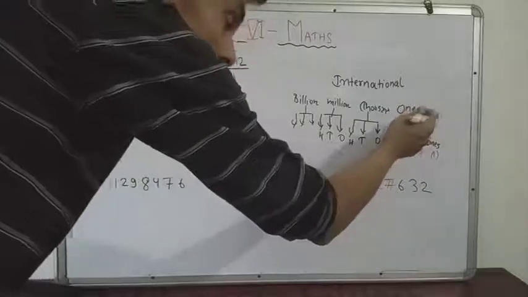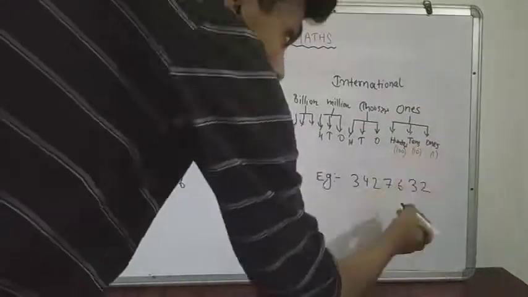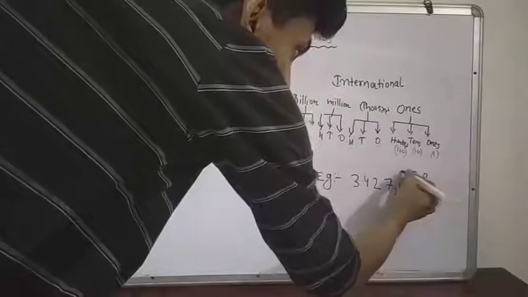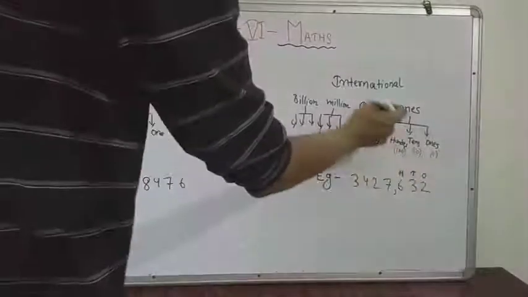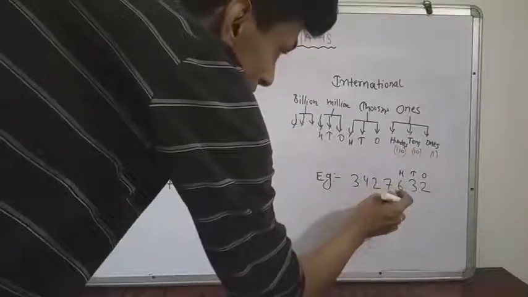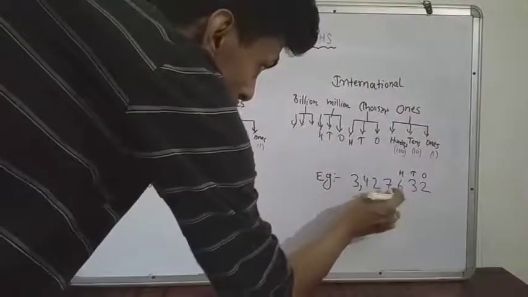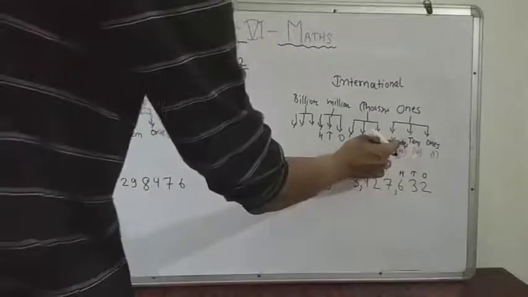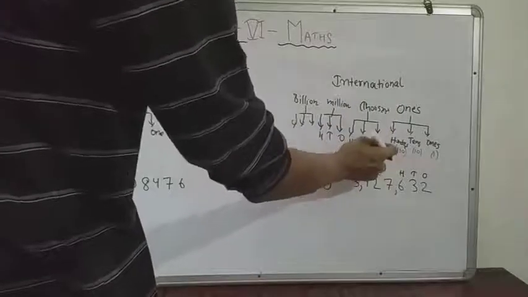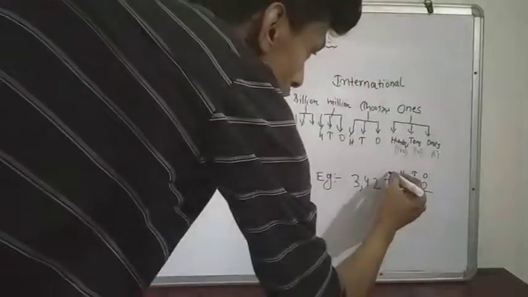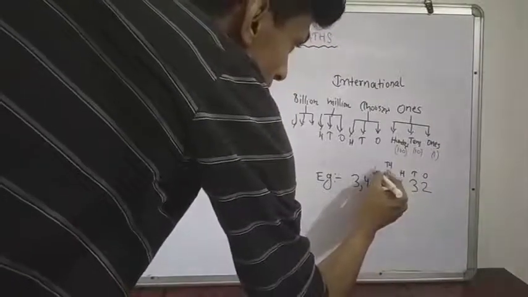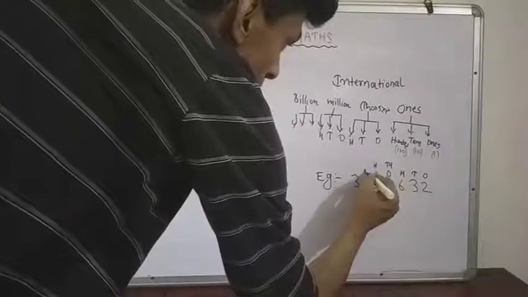You can see the first place value is ones, divided into 3 parts: unit, tens, hundred. It is called ones, it is called tens, it is called hundred. After hundred, which place name comes? Thousand. And it is also divided into how many digits? 3 digits. So we group it into 3 digits. The first digit comes under which place? Thousand, and the first one represents 1, so it is called 1000. It is called 10,000, and it is called 100,000.